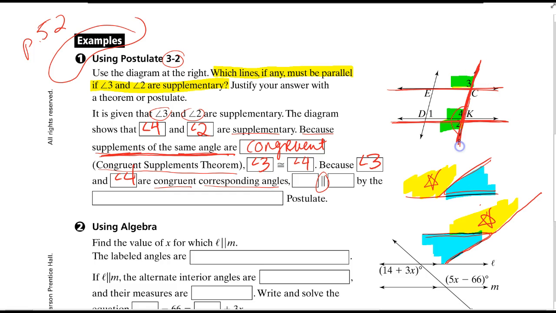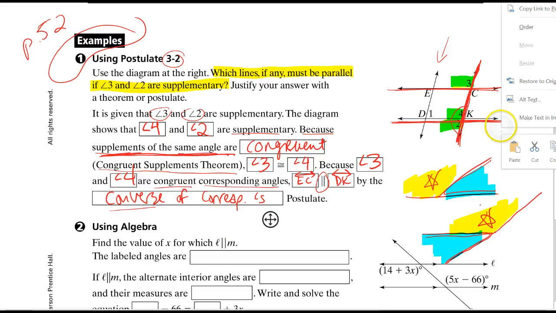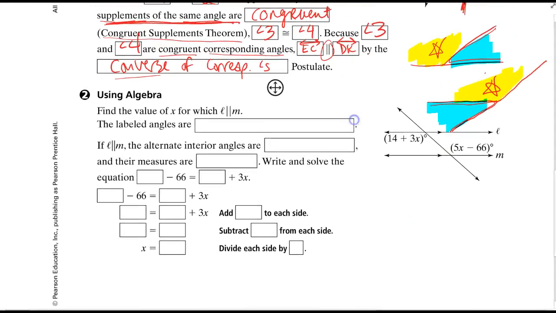Incidentally, CK was the transversal. We didn't even need this line over here for any of it. So now I'm going to write that EC was parallel to DK by the converse of corresponding angles postulate. So we actually proved this thing with the algebra that we did there. Now then,